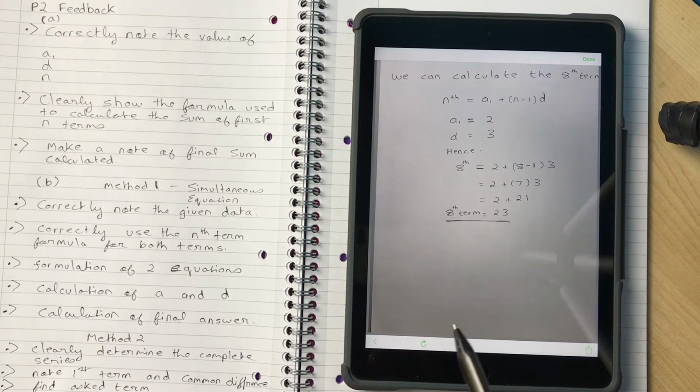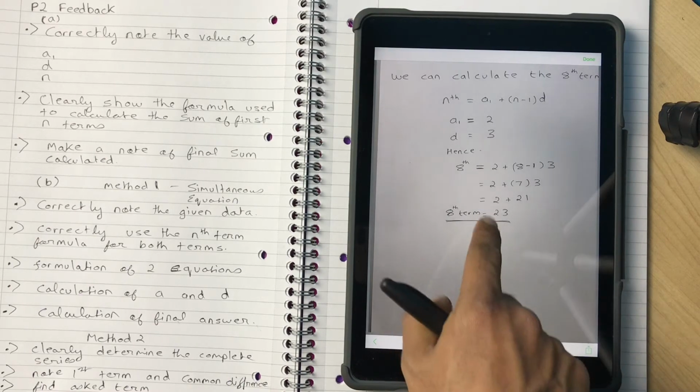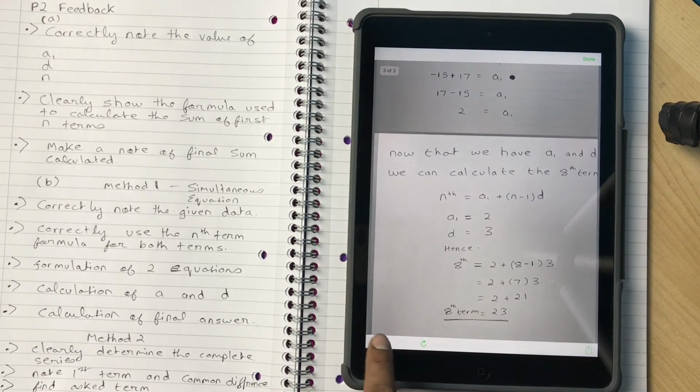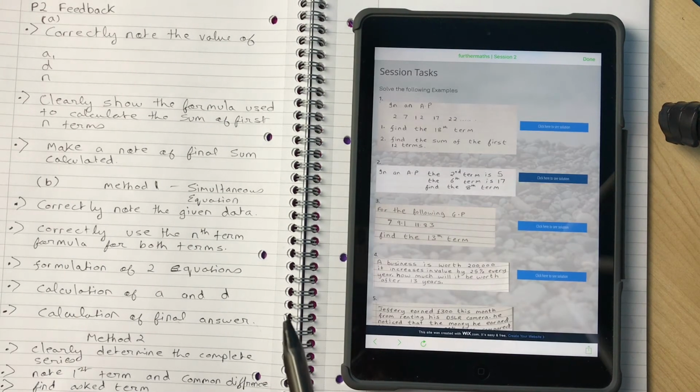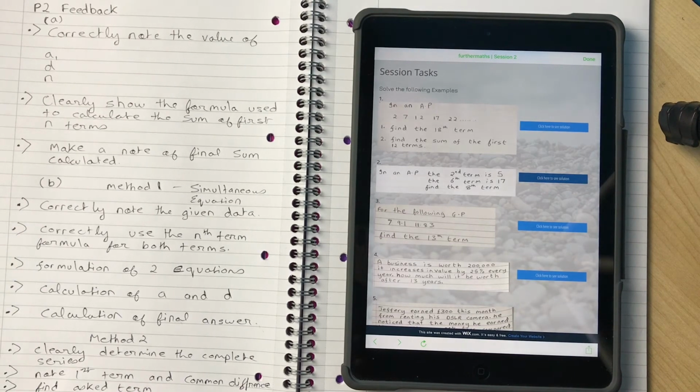This question can also be solved using another method, that is given the data, you can actually find the common difference and then work your way to the first term and then find the nth term. Now the problem with this method is you could go wrong, hence I don't encourage this method,